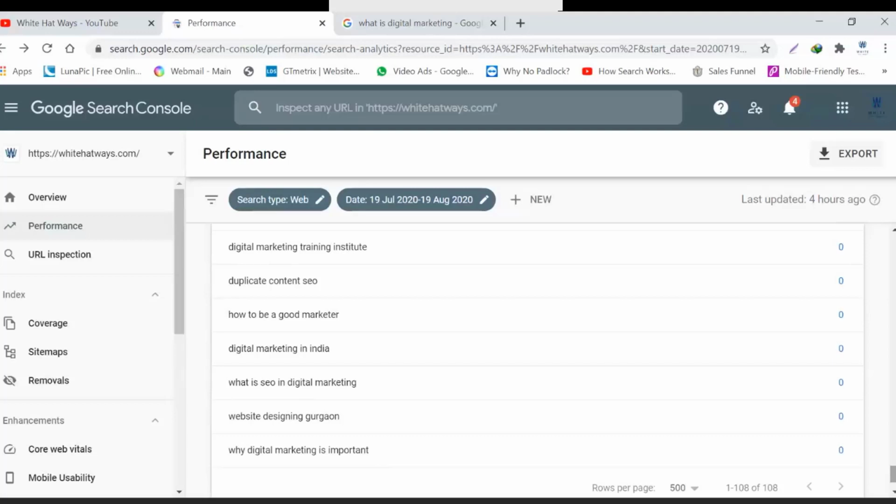Because what is the sole idea of creating a website? It is to get the traffic only. Then why not create a topic which people actually want to know about? So that is what I am getting from this section: these are the trends people are looking for, and I can imbibe them within my website, because I want traffic, and traffic would come through these keywords, these search queries, which I would put as a keyword, or maybe I make a blog out of them, because this is what people are looking for.